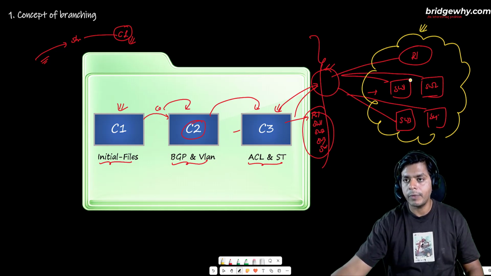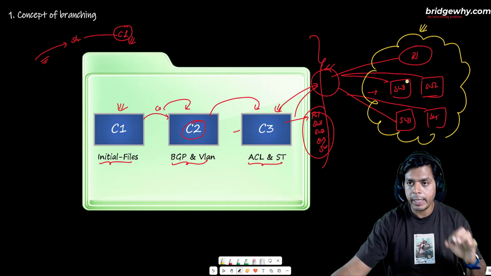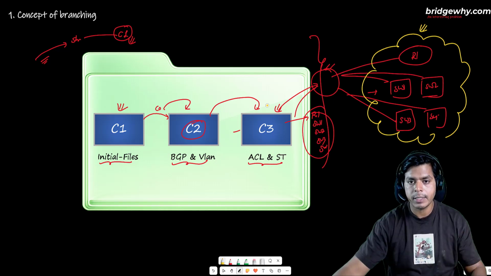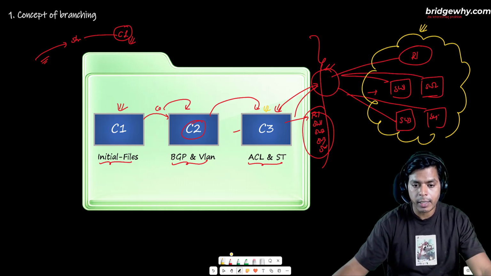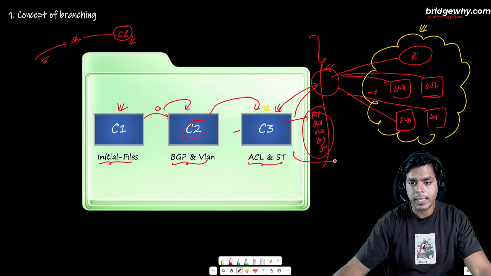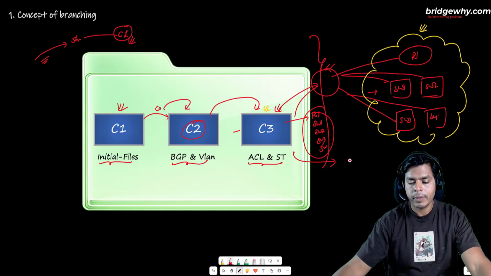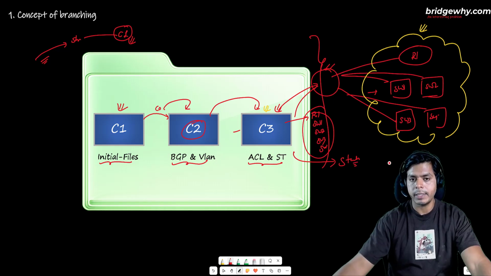What is the meaning of current files? The meaning of current files is the files from the latest commit. And which is the latest commit? C3. It means that C3 right now is representing the current state of my network. As simple as that, right? Now, if you see,